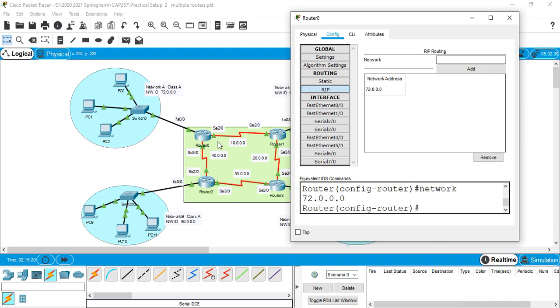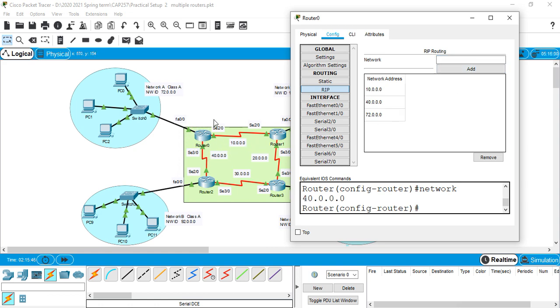The second network which is connected to this router, see on the screen, is 10.0.0.0, and add. And the other network connected to router 0 is 40.0.0.0, add.